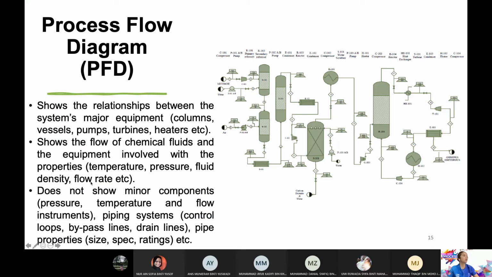So kalau kamu tengok ini adalah PFD, meaning when you finish your design project 1, this is what you are going to do. This is what your final aim for design project 1. Equipment, okay, equipment design ni semua. Jangan lupa untuk drawing equipment ni kita guna Microsoft Visio. Okay, tak apa. Kalau kamu tak ada Microsoft Visio, tak apa.